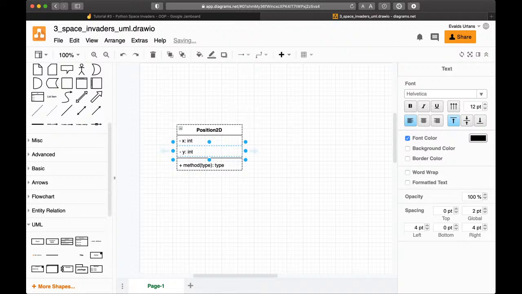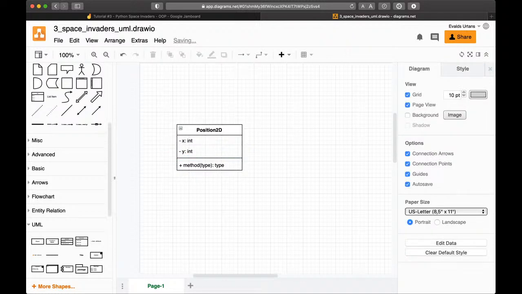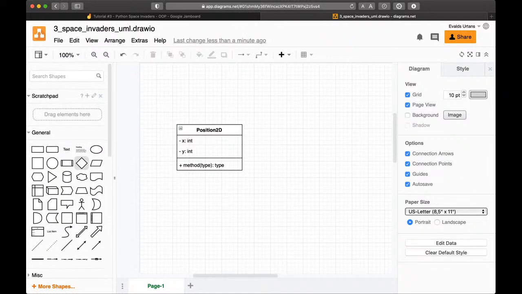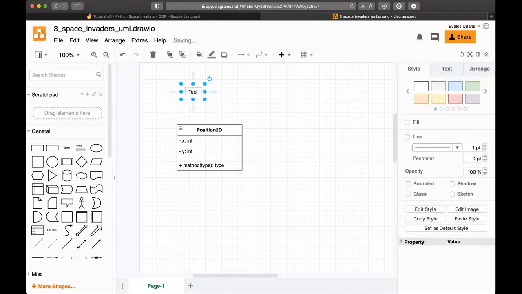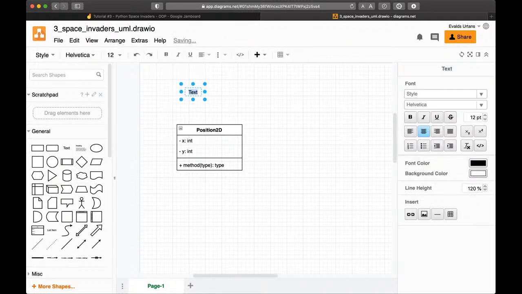By the way, what we're drawing here is just a visual representation of the code, how people usually do this to make the code more understandable and to communicate ideas and the way it should work. This is one of the most basic types of diagram. It is called a class diagram. You don't need to add the text here, but I will add it just to give a little bit more detail. So class